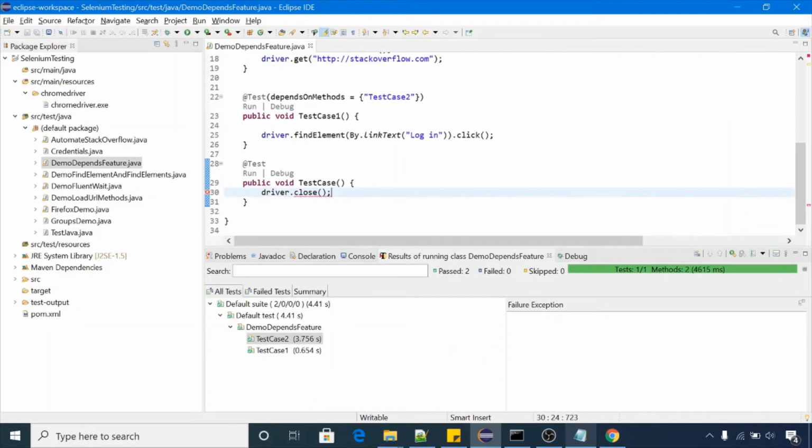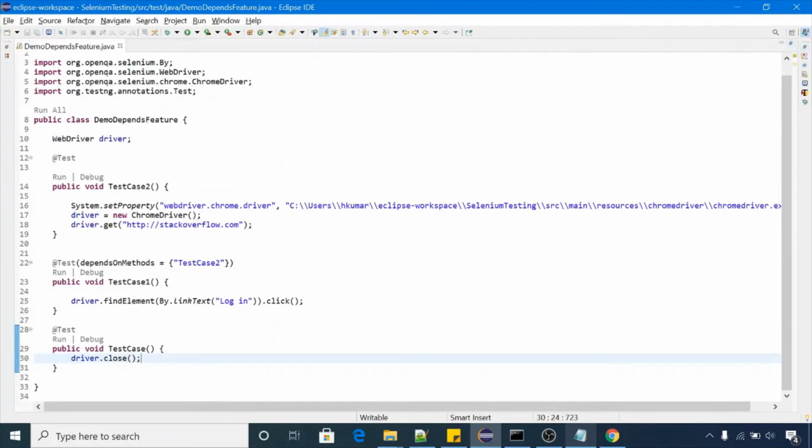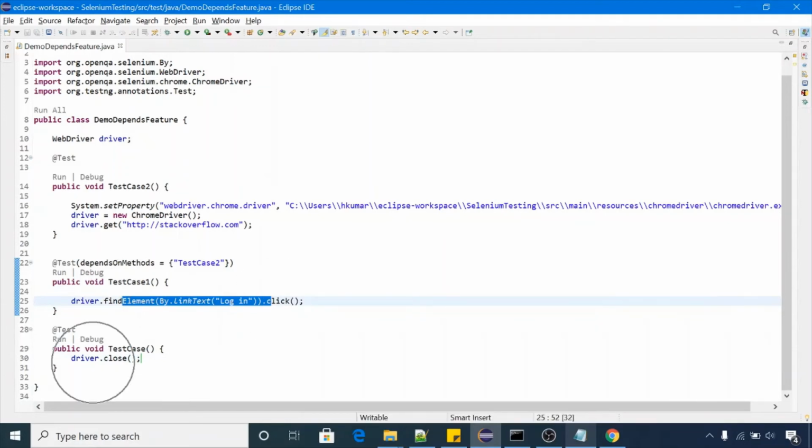Now as per our scenarios, this test case should be executed first because it's launching the browser and opening the website, and after that this test case should be executed. Once we are done with this click operation, then we should close the browser. So you can say that this method is dependent on test case 1, and test case 1 is dependent on test case 2.